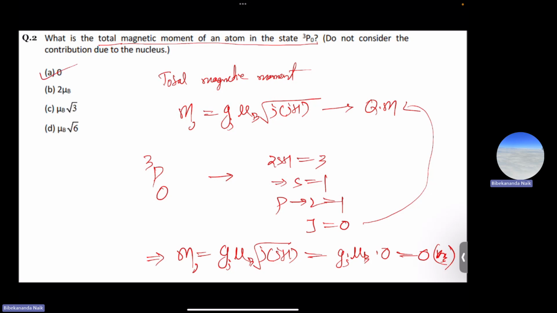So the correct answer will be option A, that is 0. But if you talk about some other levels, then also, if you remember, in the last interaction session we solved a problem, but there the j was not 0. For example, if you take